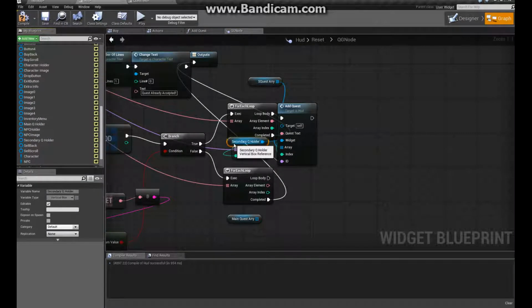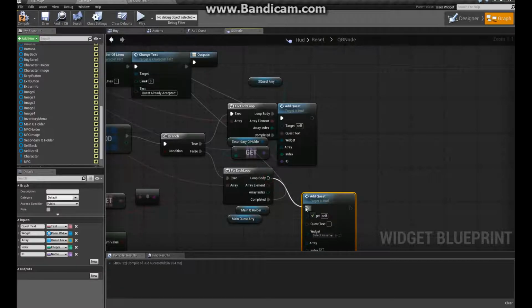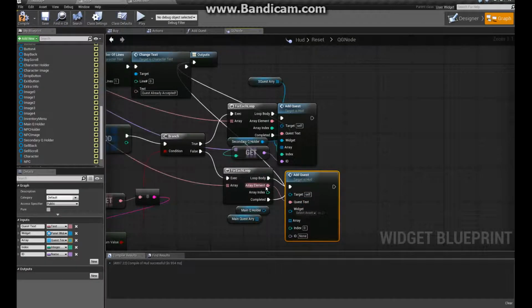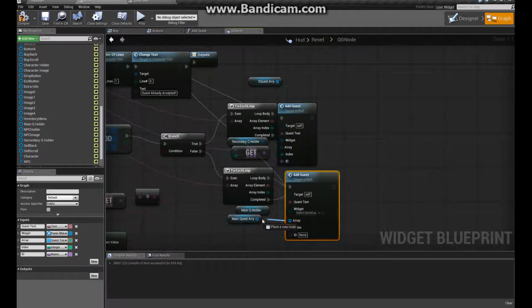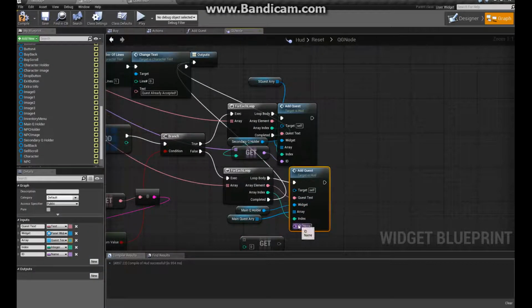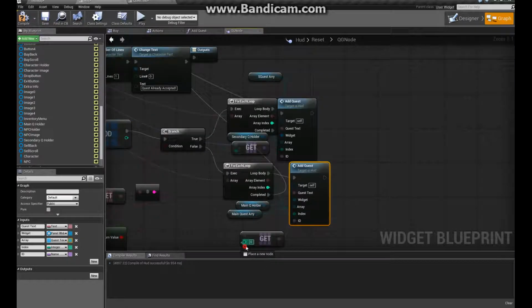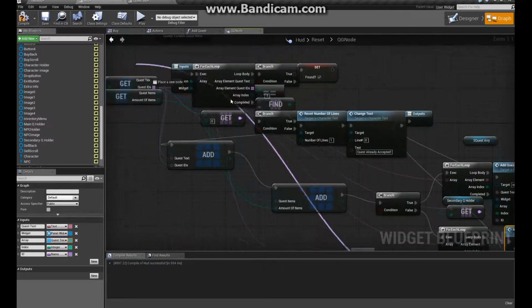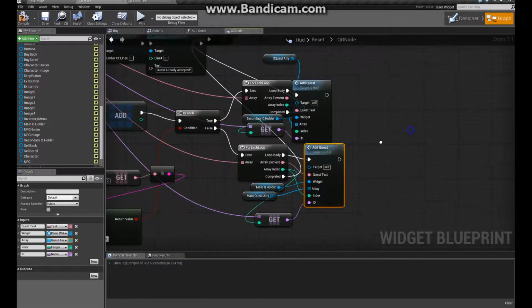Secondary quest holder. And main quest holder. Get, duplicate, connect, quest text, index, array, holder, duplicate ID, append to the array index, connect to quest ID, and